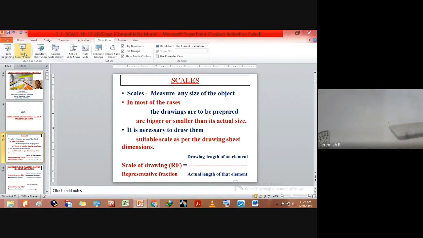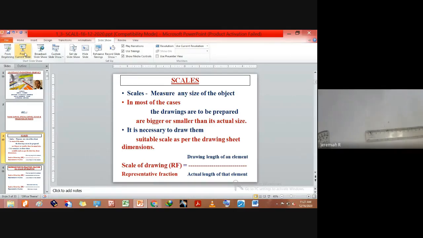Like in the geometry box, that scale is for exact scale, full scale. But with reducing scale, you have to make some scale. Just imagine the scale you have in the geometry box. Same thing, but I'm going to make it for some other unit, maybe kilometer, meter, or hectometer. I'm going to make a small scale. Using that scale, from the measurement of that scale, you can draw something on a drawing sheet, maybe for reducing scale or enlarging scale.